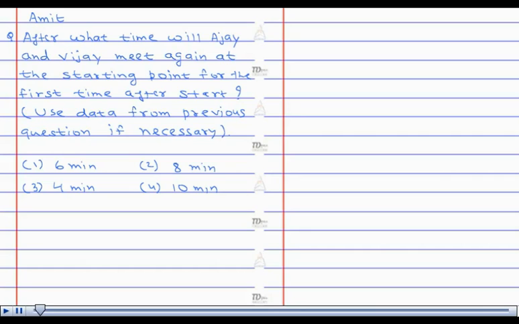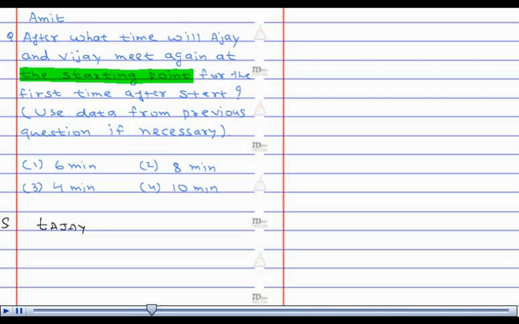Hello, I am Amit. The question is, after what time will Ajay and Vijay meet again at the starting point for the first time after start? Use data from the previous question if necessary. Solution. Now, the two people are meeting at the starting point. So, here we'll use the concept of LCM. Time required by Ajay